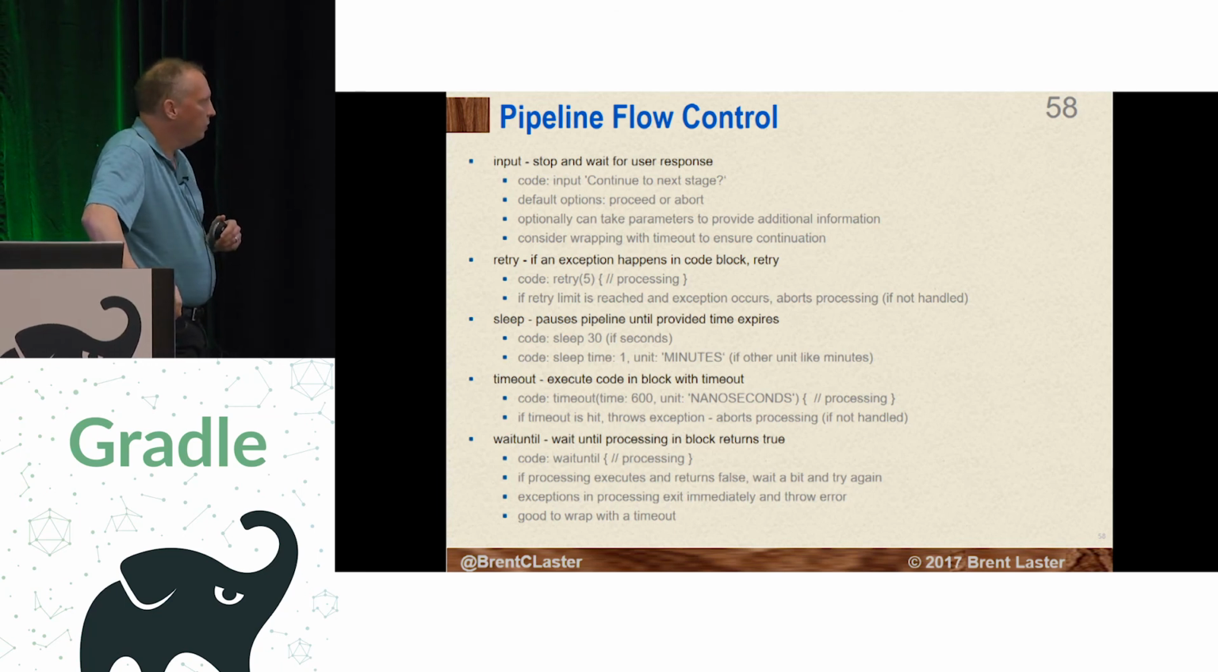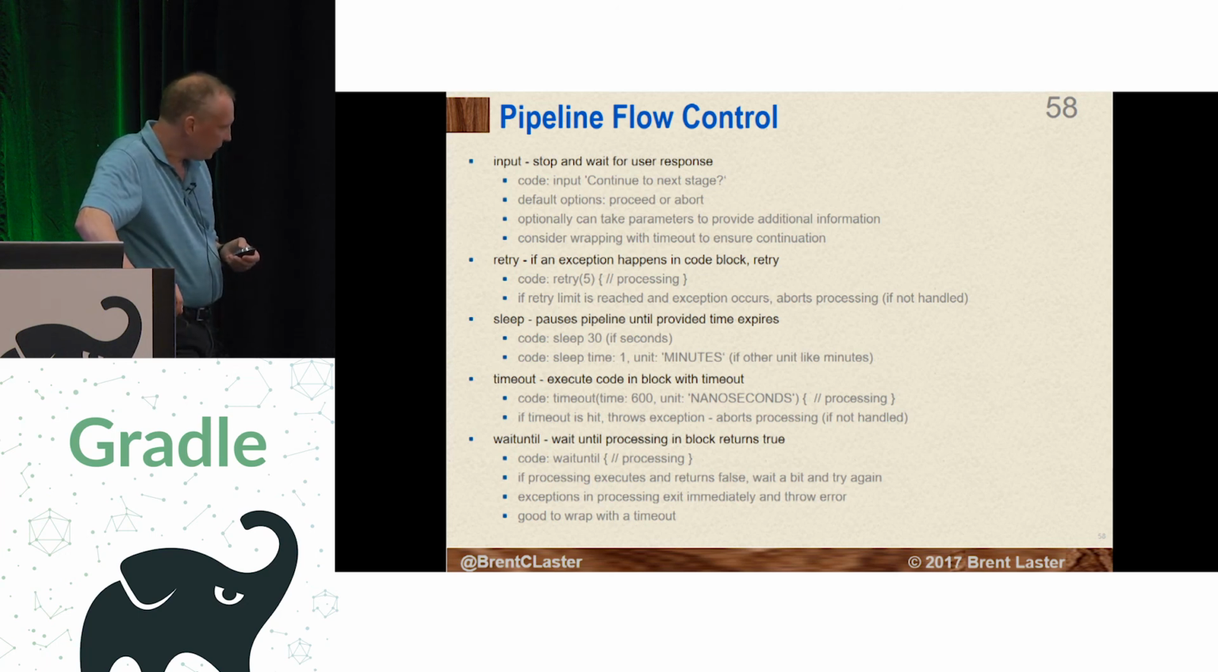There's also a retry loop in Jenkins. If an exception happens, it'll throw an error, and if the retry limit is reached, the processing is going to abort if not handled, but you can keep retrying it. There's a sleep command. I think everybody knows what that does. Timeout is a good one to put around other pieces, because you don't want an input sitting there waiting indefinitely for somebody to give it input. You don't want it sitting there waiting for 5 hours. So you put a timeout command around it and it gives you a block of code with a certain timeout in there. And then the waitUntil